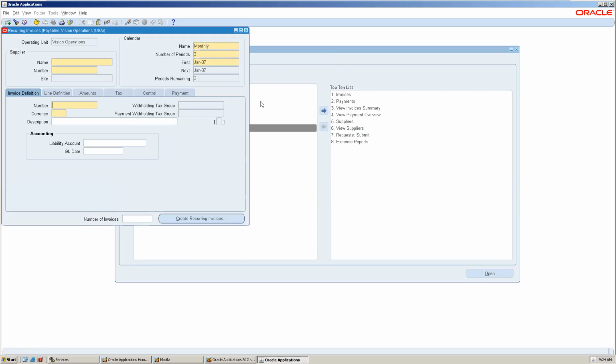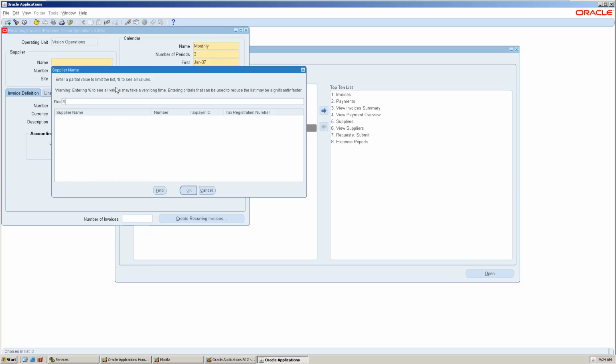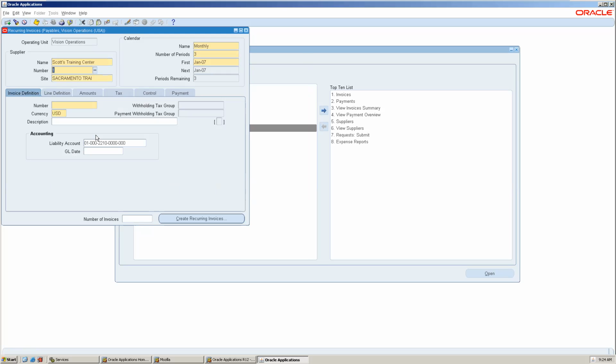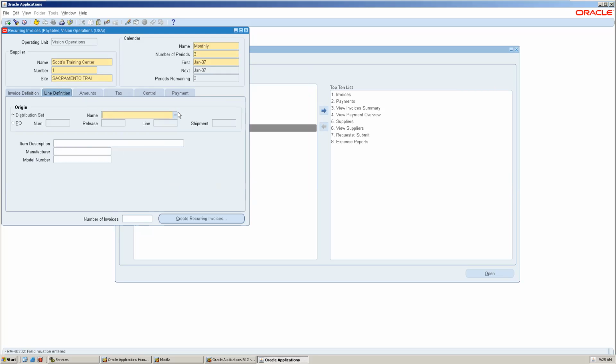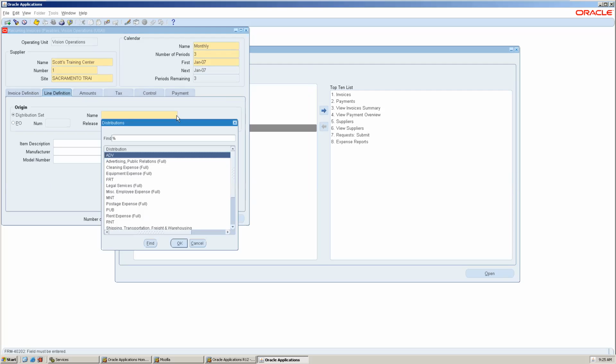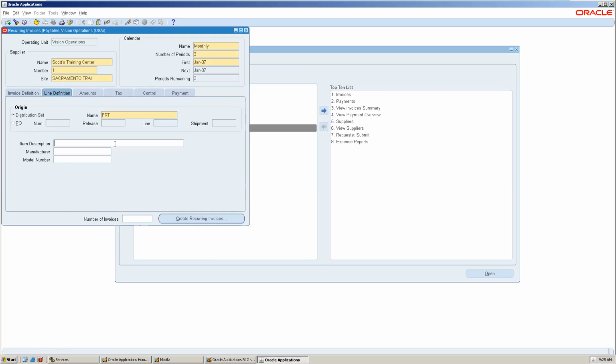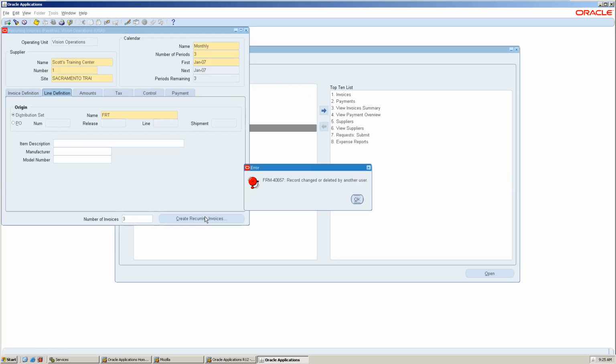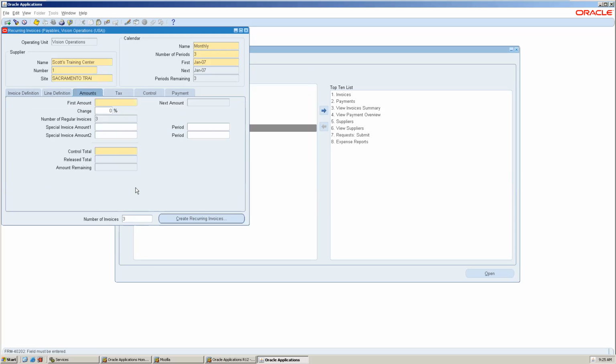So this template is created for this month. That's only it is coming. Who is the supplier? Okay. I'm telling monthly 1,000. What is distribution set? Where we seen? We seen in that it will break up this account. So how many invoices needed? You have to give. Click it. Change not dealt by other user. How come? Okay, saved. So this will be creating recurring invoice.